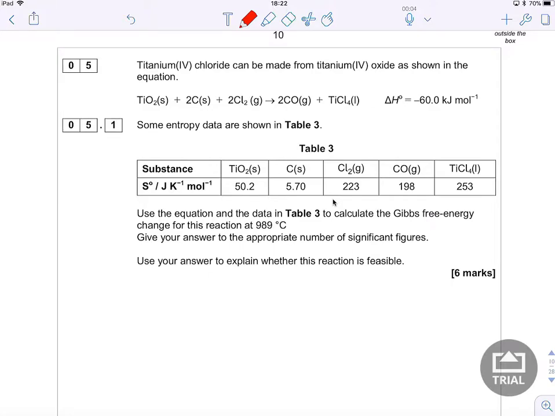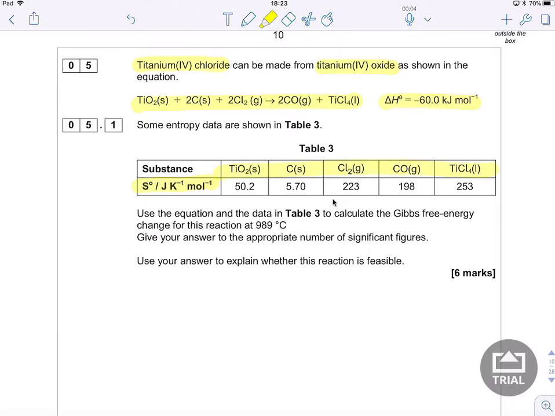Okay, so the next question, question 5, is all about entropy and also Gibbs free energy, delta G. Titanium 4 chloride can be made from titanium 4 oxide as shown in the equation. There's the equation, and you've got the enthalpy change, negative 60 kilojoules per mole. And then you've got the entropy in joules per Kelvin per mole of the different substances that you've got in